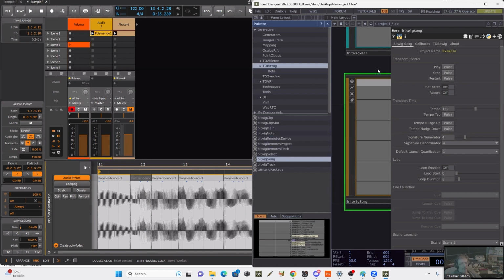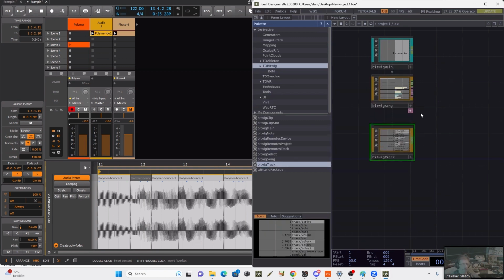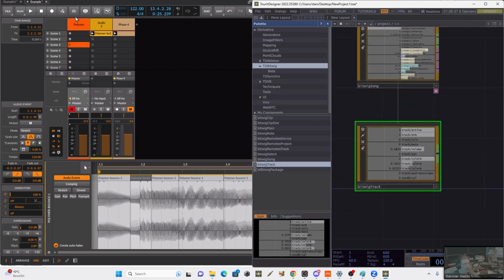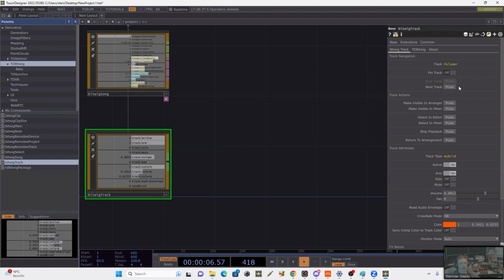Okay, then in order to get more detailed, you have other operators, and first where we really need to dive in is the Bitwig track. Bitwig track will control one of the Bitwig tracks, and here you can have different ways to control. You can just use one Bitwig track component to control any of the tracks. For that you have next and previous track buttons where you can scroll between Bitwig tracks. Here you will see the name of the track,